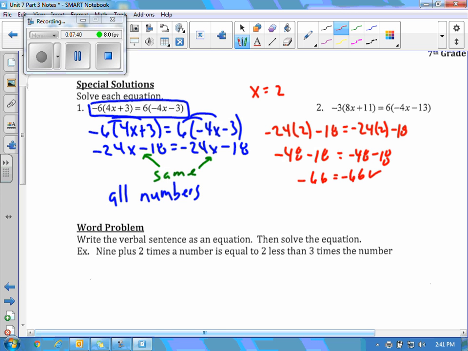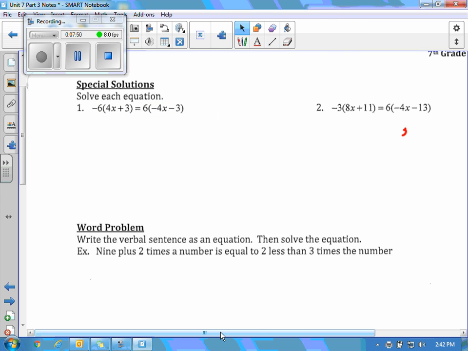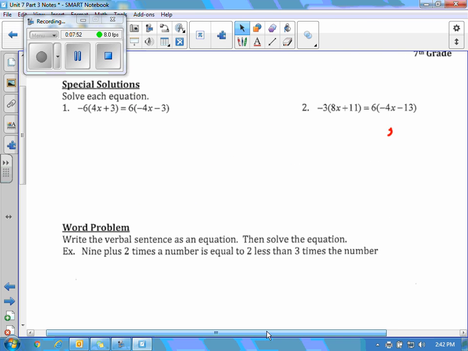Now this would work no matter what I plug in, 0, 1, 2, 3, negative 5, negative a million, whatever. It'll work out for all of us. So that's an example of where all real numbers, or all numbers, are the solution. The next one,